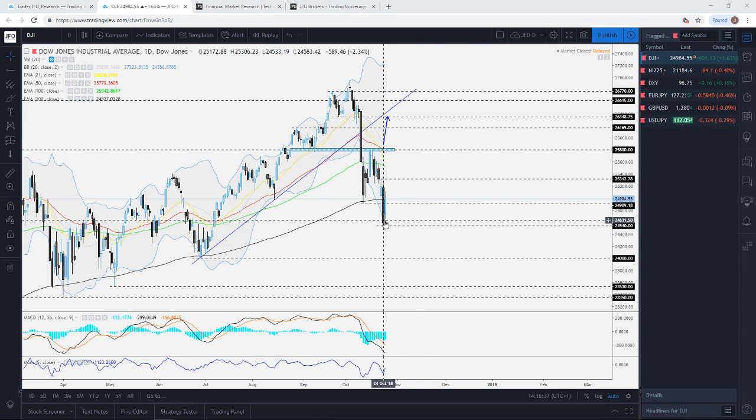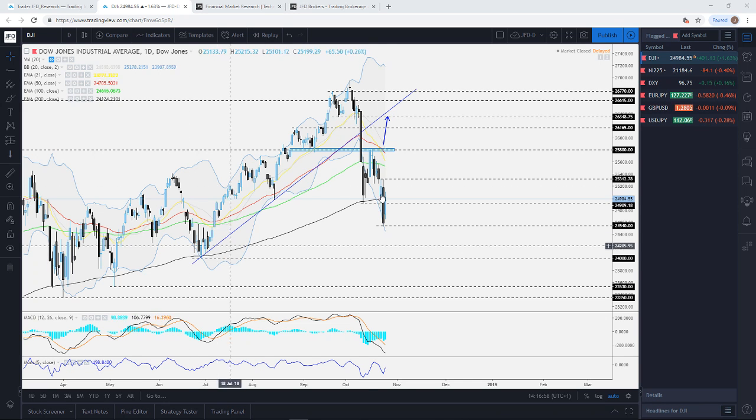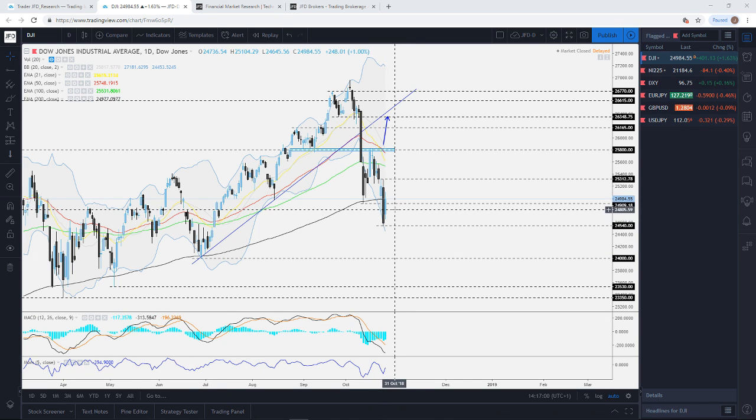approximately the low of yesterday, and on the upside here we do have an important level, which is the 24,909, or maybe actually slightly above that. We do have the 200 EMA here, shown as the black line on the daily chart. So in a way, this is where the index could continue trading. But if, let's say, it moves back above the 200 EMA and closes the day above